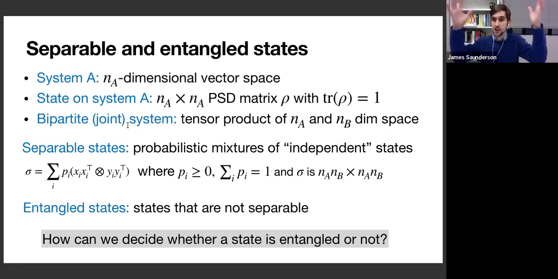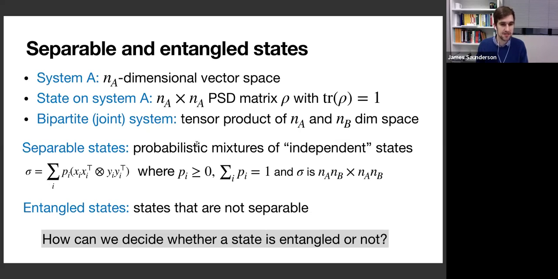States on the joint system are states on the tensor product space. If you take the Kronecker product of the two density matrices, the states on the two systems, each one a PSD matrix, that is the natural matrix analog of taking two independent random variables and considering the joint distribution. So separable states are defined to be